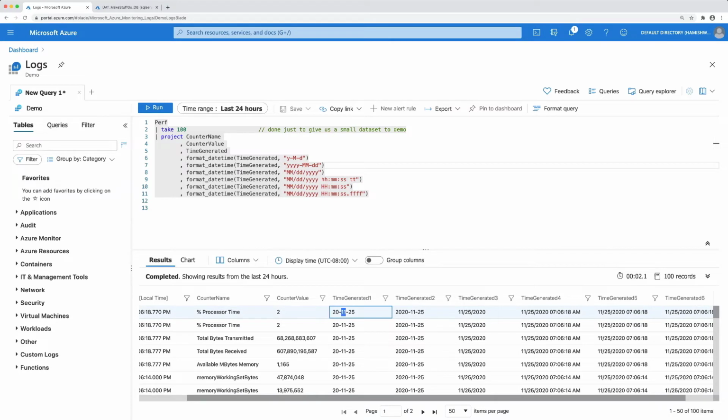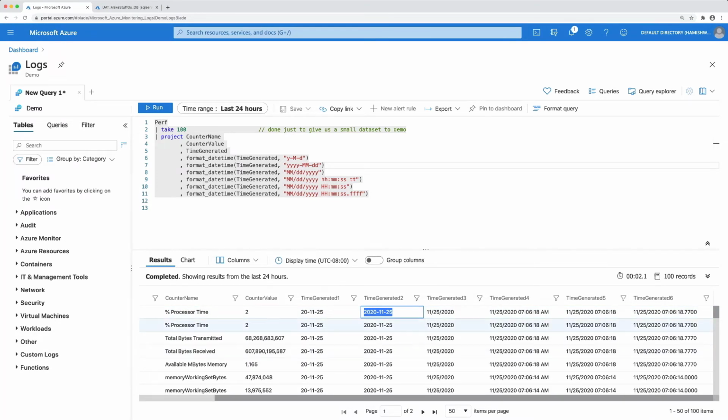So our first one, time generated, the first one is year, month, date. Then we go year, month, date. And you can see here we can do it right up to sort of the nanosecond type thing. So, another function that would be really powerful for us